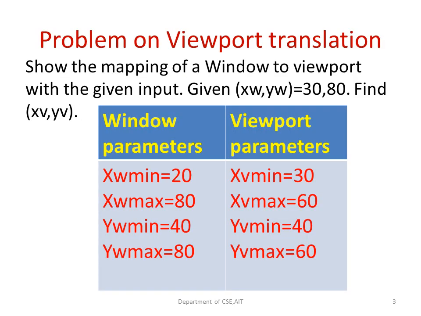In the previous topic, we were talking about how we can convert from the window to the viewport. So different coordinate systems we had studied. Here I'll try to explain how, when you are mapping from the window to the viewport, the values change from the window parameters to the viewport parameters. Say the window parameters have been given with respect to x minimum and x max, y minimum and y max. And the viewport parameters are also given with respect to all four values, that is x and y, min and max.